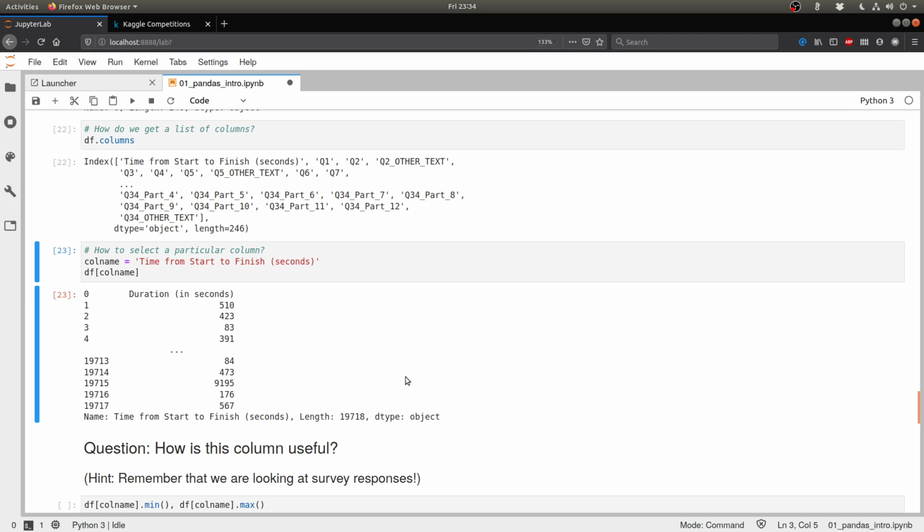Now here's a question. How is this column useful to somebody who is analyzing this data? We want to analyze this data. We want to figure out what are the interesting patterns that are available within this data set, which is coming from the responses of data science practitioners from all over the world. So clearly there is a lot of inherent value in this. We might want to see what are their preferences, how much do they earn, what are their qualifications, and so on.